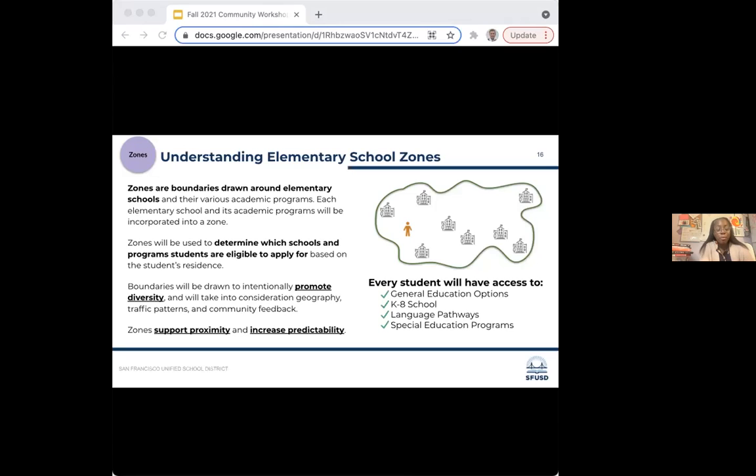Zones also support proximity and they increase predictability. In these zones, every student will have access to general education options. Every student will have access to a K-8 school. Every student will have access to language pathways, and every student will have access to special education programs.